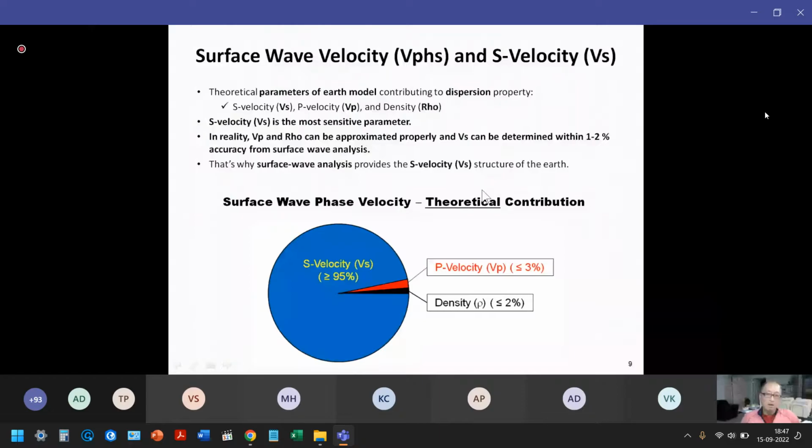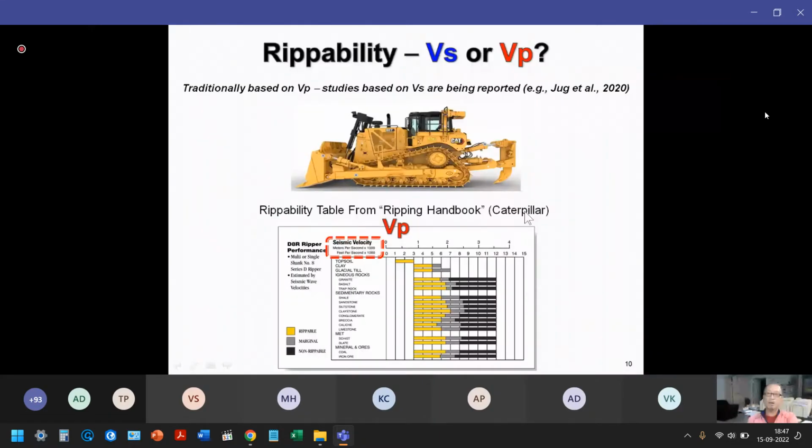But traditionally, seismic wave applications for geotechnical engineering purposes have usually focused on P wave velocities. Why? Traditionally, there have not been reliable seismic techniques to evaluate shear wave velocities within a satisfactory accuracy range, whereas for P wave velocity, there have been many techniques that can measure it with good accuracy. So, for example, this is a repeatability chart